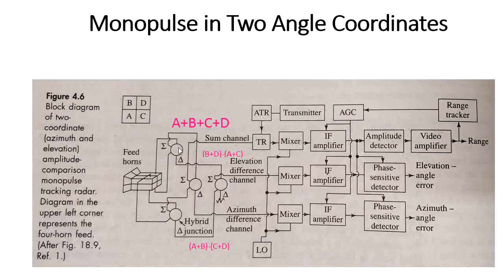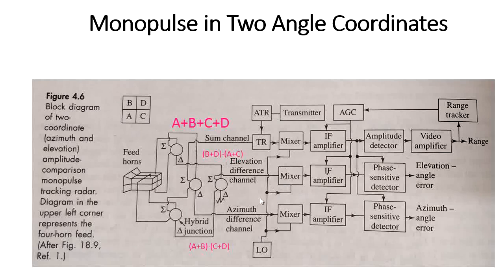And next, as we have seen here, this is the magic T ports. Magic T is nothing but in order to calculate the sum signal as well as the difference signal here. We also call this magic T a hybrid junction here. So here, based on that, we are going to find out the sum signal as well as the difference signals, that is one for elevation angle and one for azimuth angle,